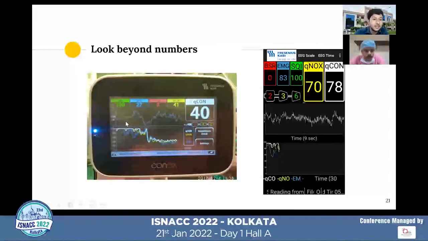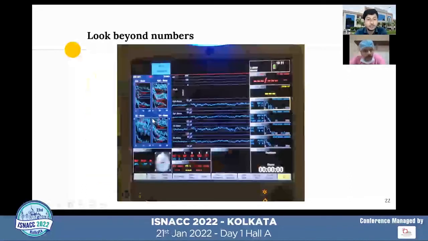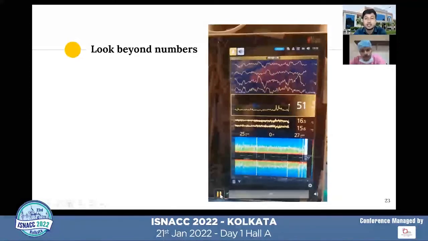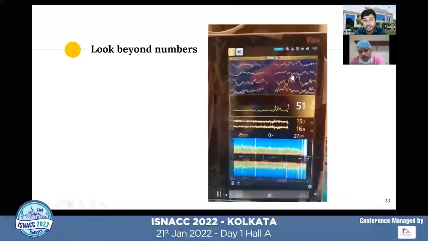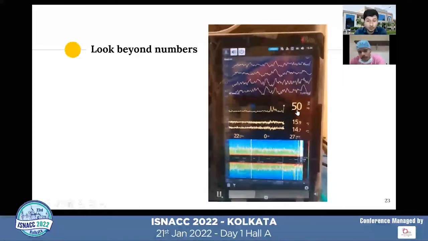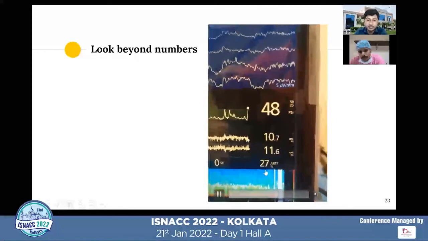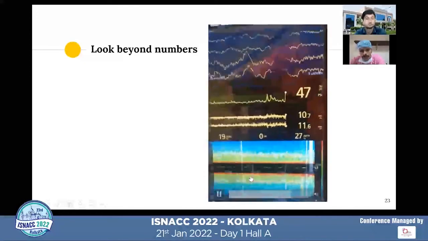Here also we can see higher amplitude, lower frequency waveforms. This is the GEEG module. Here it will not provide a number, but we can see the EEG waveforms. Along with that, the spectrum is shown, and the spectral edge frequency is also shown. This is with the Z-line monitor. Here we can see a higher amplitude, lower frequency waveform. The Patient State Index is around 50, adequate depth being 25 to 50. Spectral edge frequencies are shown, and the density spectral array is also shown.